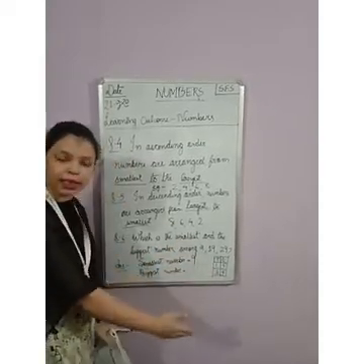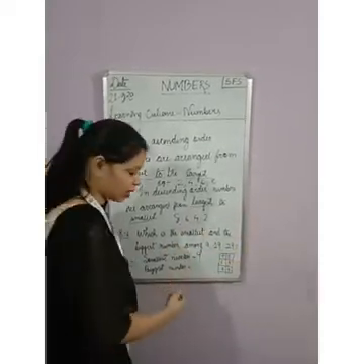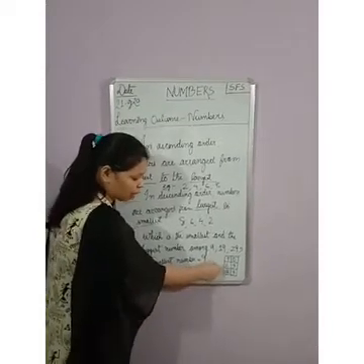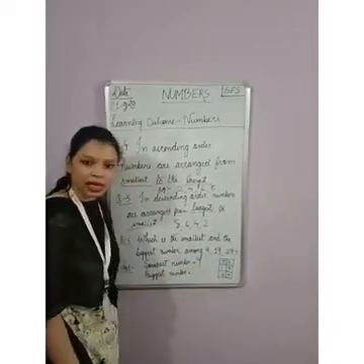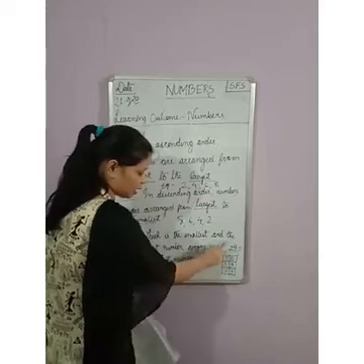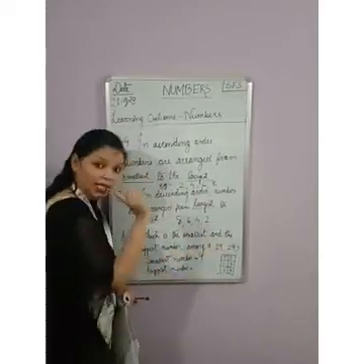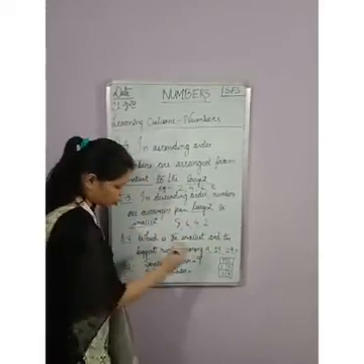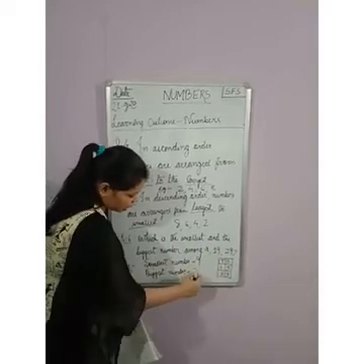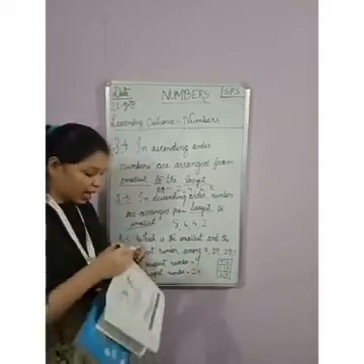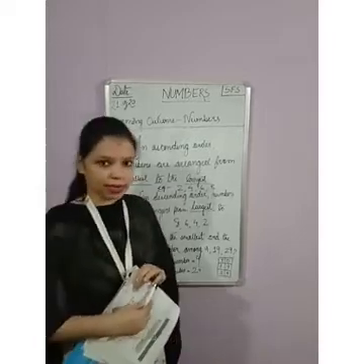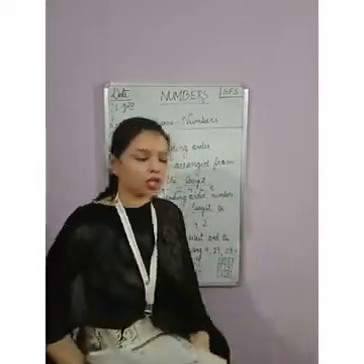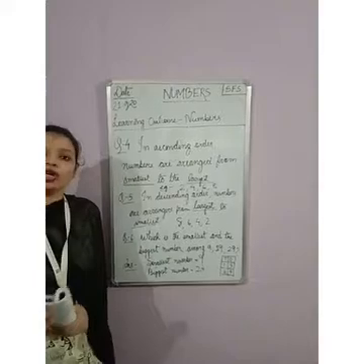Since we can compare in the tens place, we do not need to go to the ones place. So in the tens place, we have got 1 and 2. So 2 is bigger than 1. That means 29 is bigger than 19 as well as 9. Okay. So out of these 3, 29 is the biggest number and 9 is the smallest number. Okay children. So these are the questions for today.